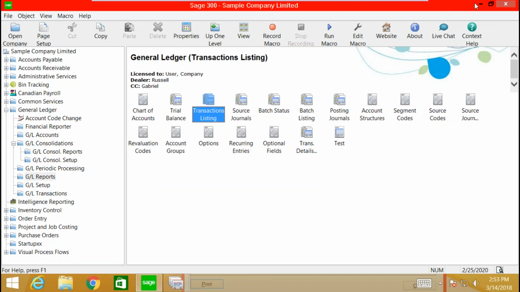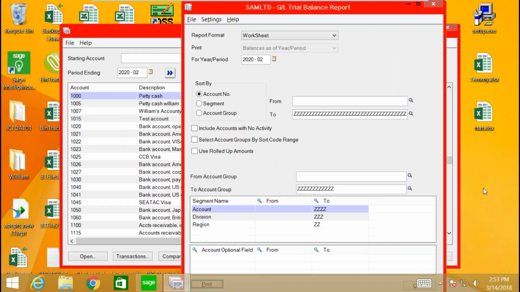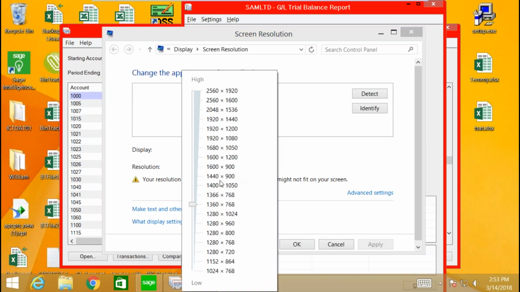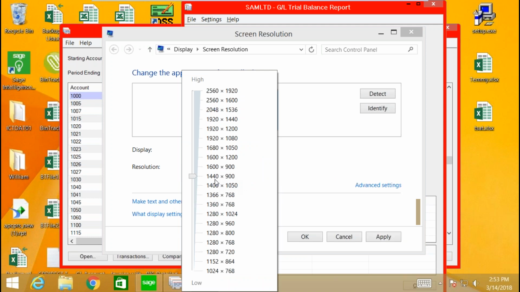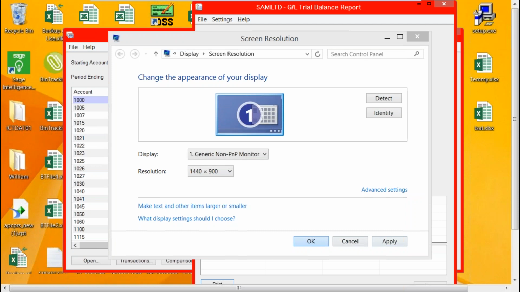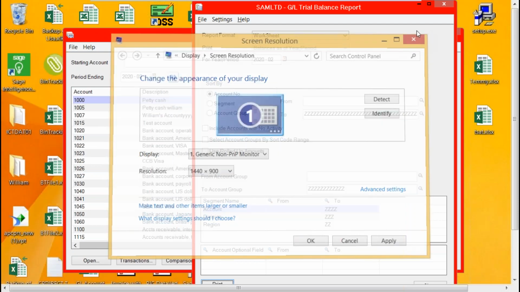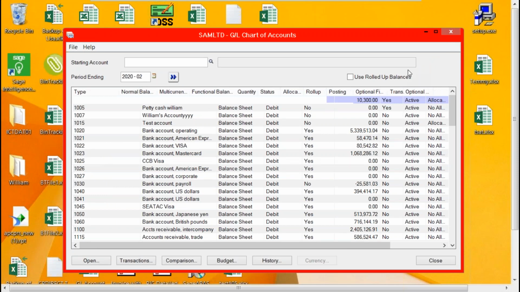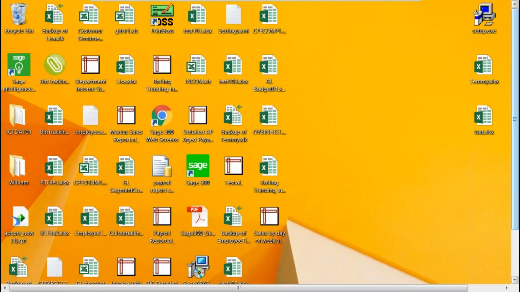So yes, I just have to change my resolution a bit. It's a bit high, so I'm just going to go back inside here. Sometimes you get that message. It's just a question of the resolution. So I'm going to change that here, and that would solve that problem. So now if I keep changes and go back to my transaction listing,